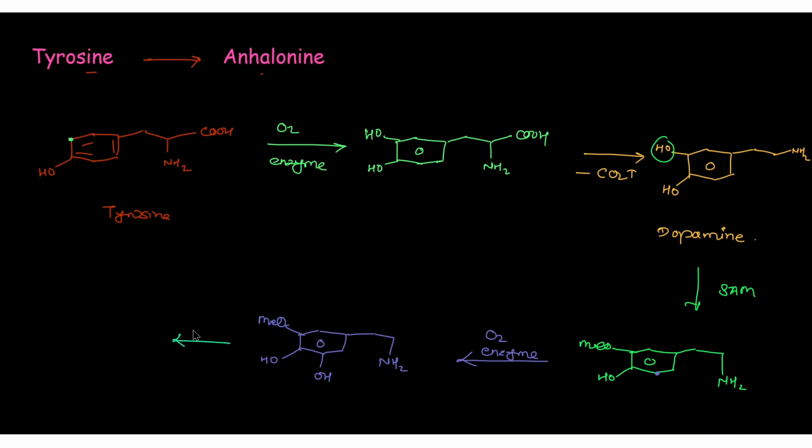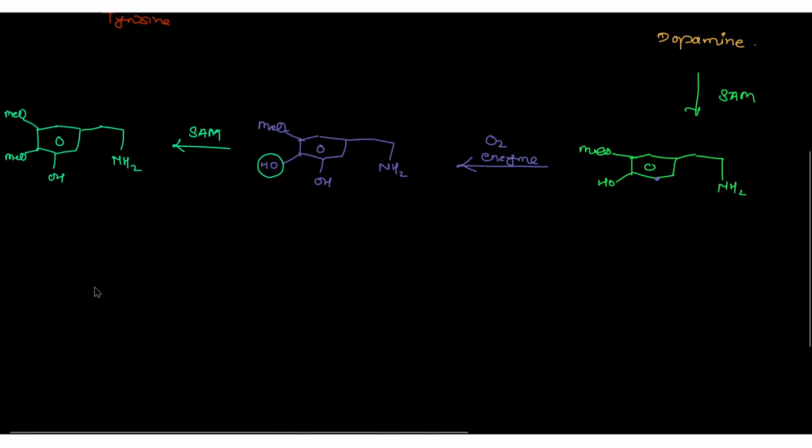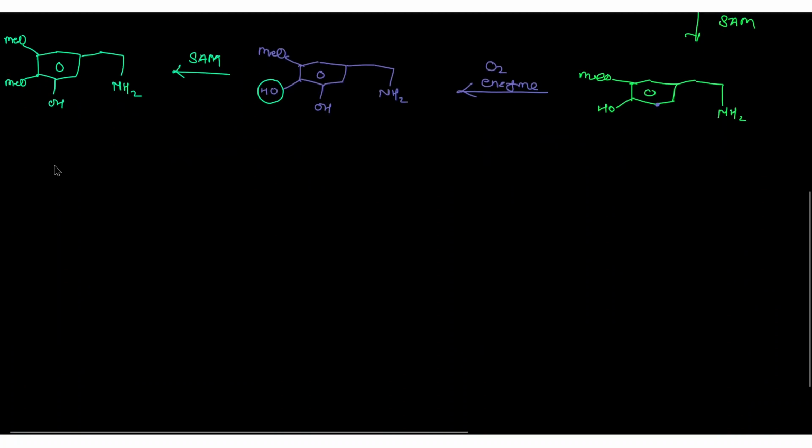In the next step, by using SAM, methylation of this group takes place and we get this moiety. In the next step, on treatment with pyruvic acid, formation of imine takes place and we get